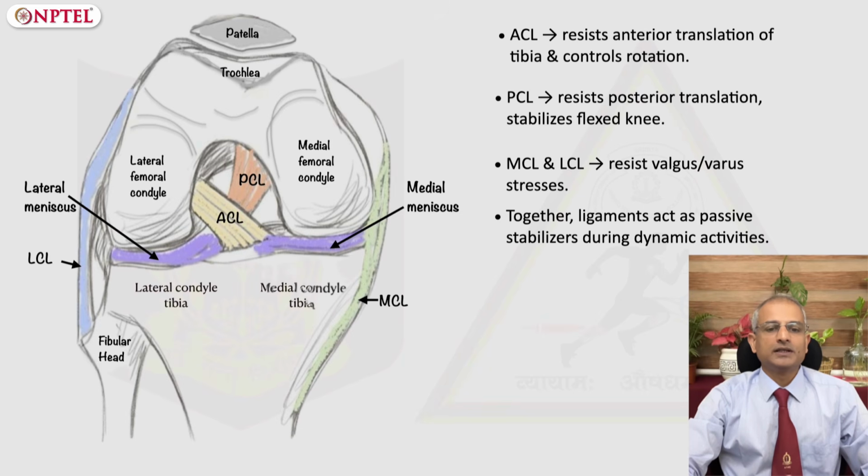The patellar ligament is the continuation of the quadriceps tendon and attaches the distal pole of patella to the tibial tuberosity. Other extraarticular ligaments like the oblique popliteal ligament and arcuate ligament complex support the posterior and posterolateral corner of the knee. Now coming to the intracapsular or the intraarticular ligaments of the knee, these are the cruciate ligaments, which are the anterior cruciate ligament and the posterior cruciate ligament.